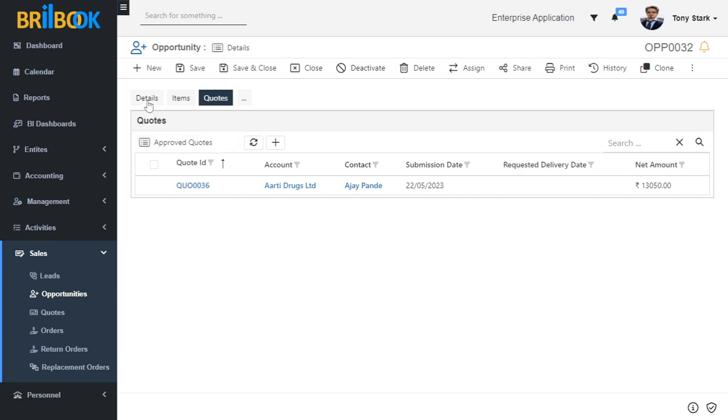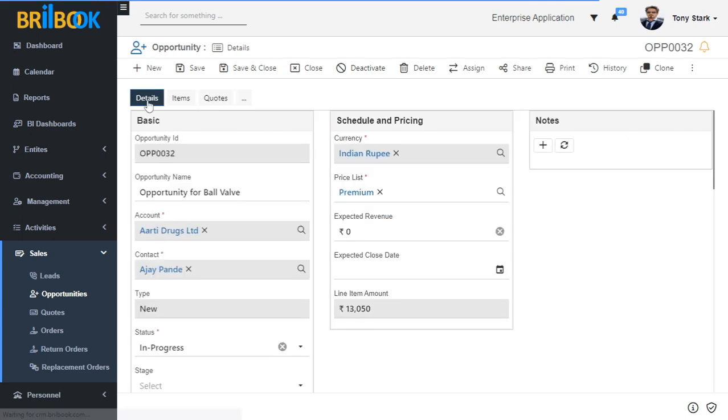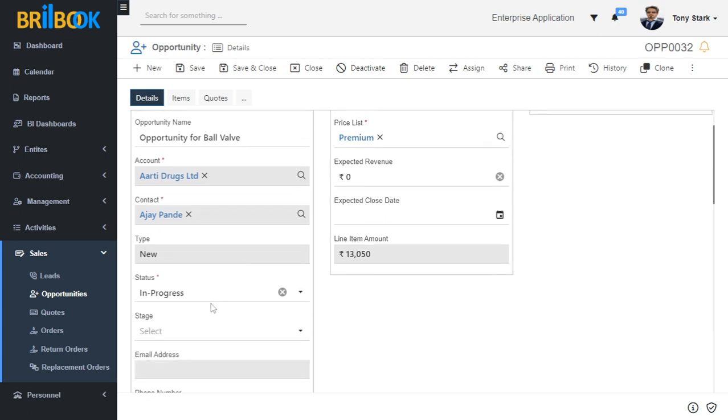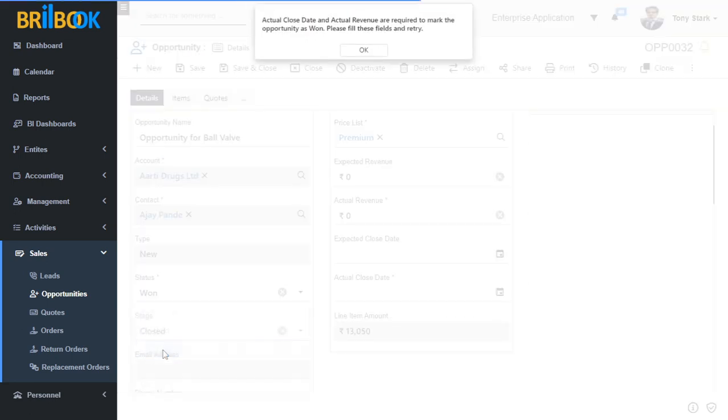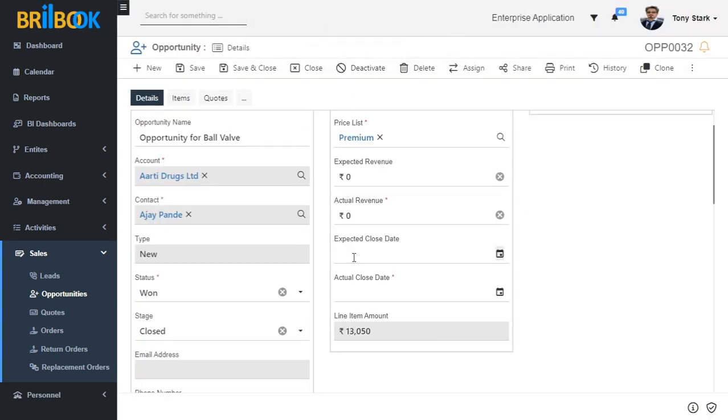After approving the quote against that opportunity, mark the opportunity as won. For that, change the status as won. Click on OK. Add actual revenue as 13,050 rupees.